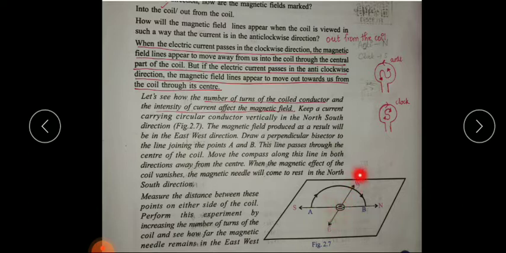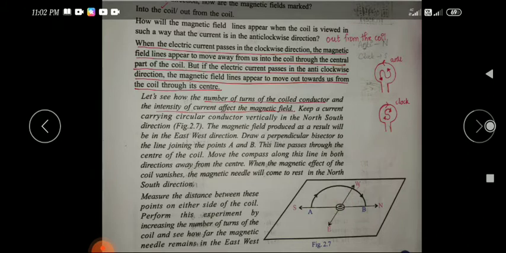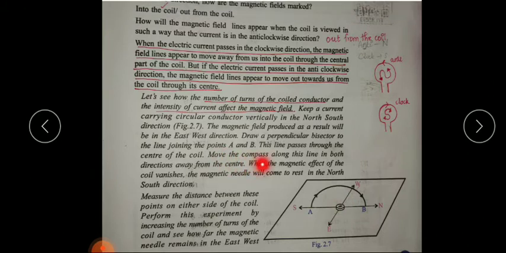Draw a perpendicular bisector to the line joining the points A and B. The line passes through the center of the coil. So that this line passes through the center of the coil, move the compass along this line in both directions away from the center. When the magnetic effect of the coil vanishes, the magnetic needle will come to rest in